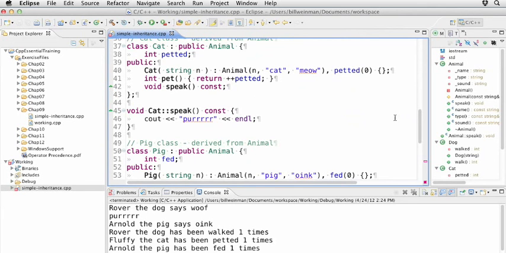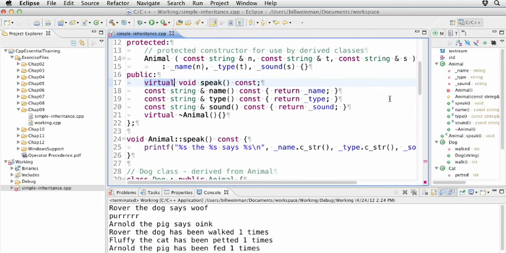So overloading methods in derived classes is a fundamental part of polymorphism, and this gives you a lot of power and flexibility in how you design your classes. By using the virtual qualifier, your overloaded methods can even